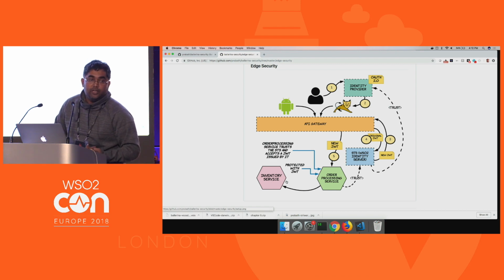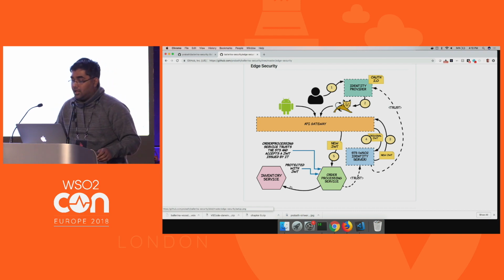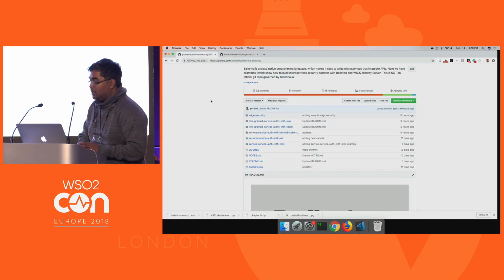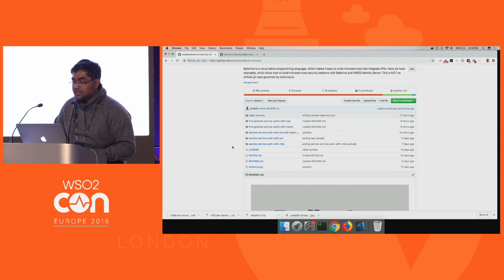Then the other aspect we need to worry about is how to pass the service context, right? The service context of the order processing service. That is done by using different service-to-service security communication patterns, right? The first pattern I'm going to show you is this one, service-to-service authentication with JWT,